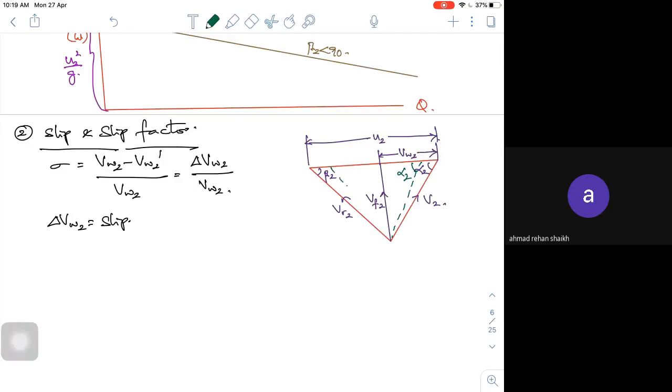It won't be a big variation, but there will be a small variation of 5 to 10%. So this will be U2 dash and VW2 dash, an impact on U2 as well as on the whirl velocity. So what is the impact of this whirl velocity? If there is a small change in this particular U2